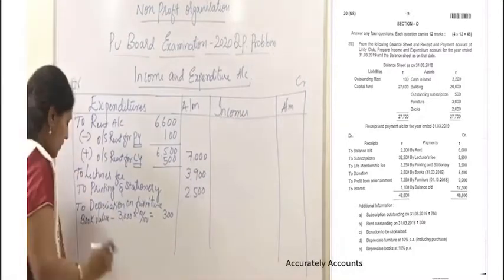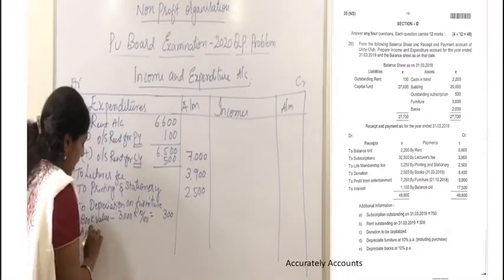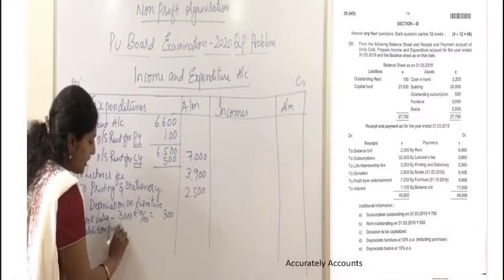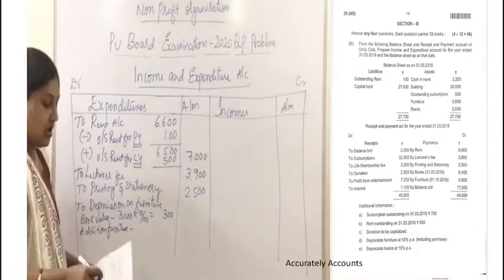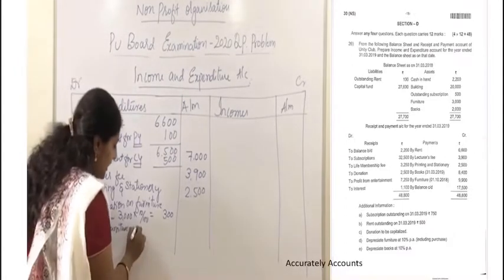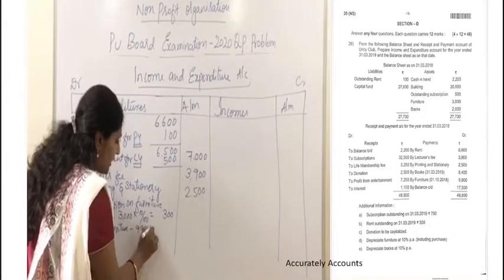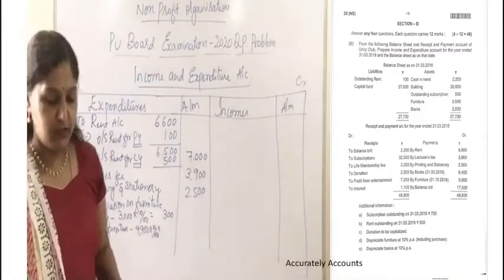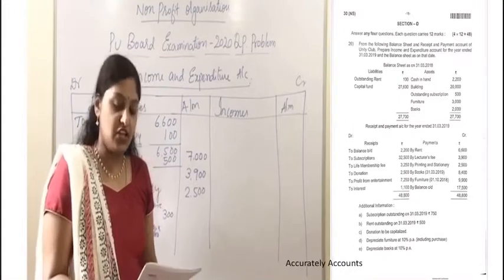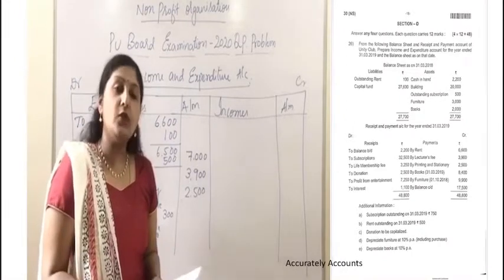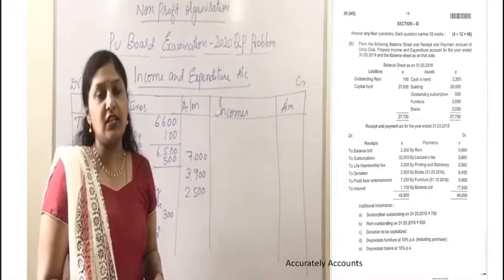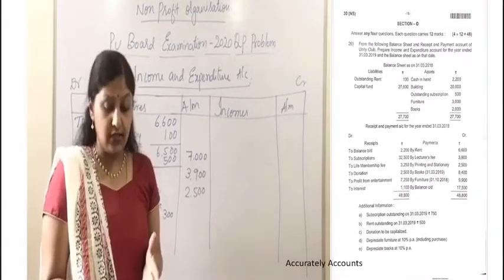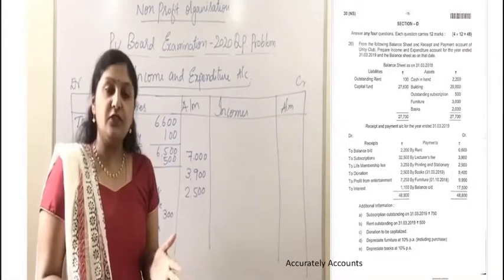rupees. Now on the additional furniture, the actual value of additional furniture is 9,900. On that 10% we need to calculate, and again here the date of purchase is given in the problem, which clearly says that the additional furniture is purchased on 1/10/2018. We know the closing date of the financial year is going to be 31st of March, and in this particular problem it is 31st of March 2019.